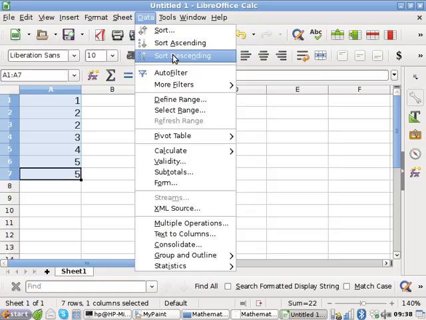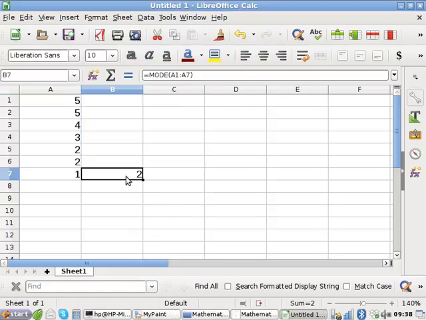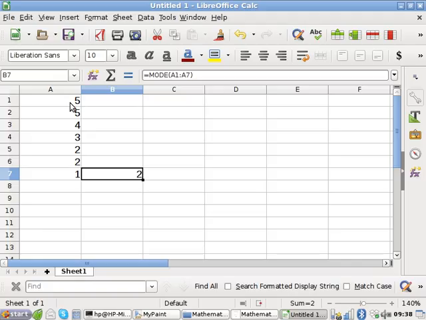But if I do sort descending, it must have gotten smarter since the last time I used it. I don't think it's given me the first one it comes across. I think it might be giving me the smaller one. A way we could test that is if I replace the 5, 5 with 0, 0, and it gives me the 0. So how does LibreOffice break ties? It gives the smaller of the two. But that's not really mathematical, in this case there is none.